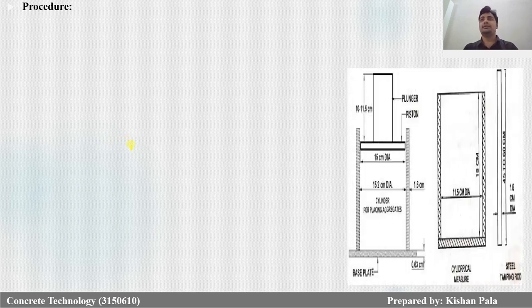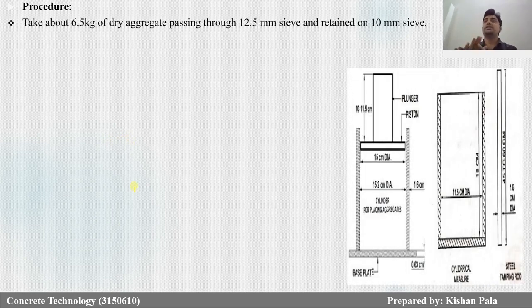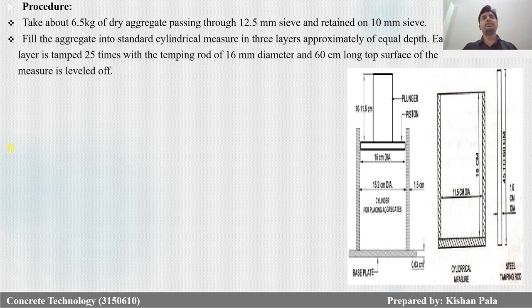Let us understand the detailed procedure for finding the crushing value of the aggregate. First of all, you have to take 6.5 kg of the sample which passes the 12.5 mm sieve and is retained on the 10 mm sieve. It means the aggregate dimension should be between 10 to 12.5 mm. And now fill the aggregate in this cylindrical mold, but you should fill these aggregates in 3